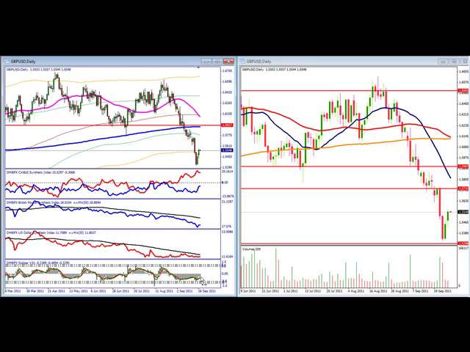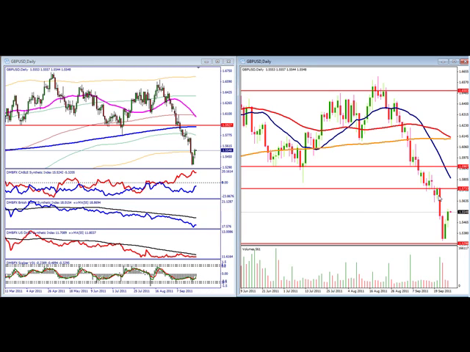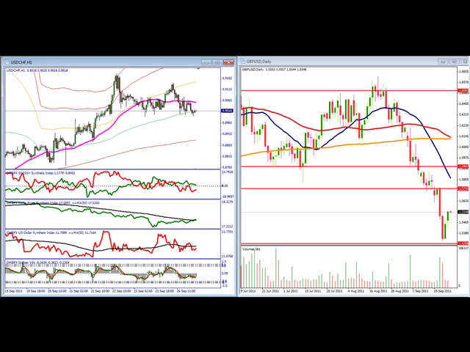We can see ever so fractionally the buyers in control as we are in neutral. So if the pound can move up here and take control, we will continue to see this move higher. However, if the dollar is going to stay in control, we may come back and retest the lows. Finally, with the dollar franc,